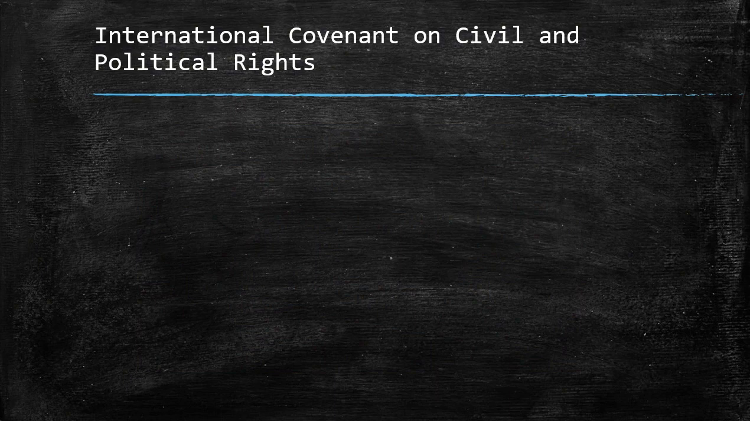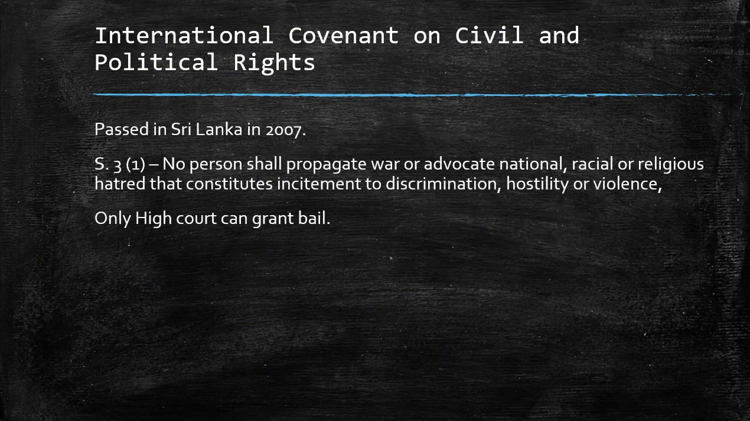So this is one of the laws that was passed in Sri Lanka based on another commitment we took to the ICCPR, which is the International Covenant on Civil and Political Rights. This was passed in 2007, and it safeguards civil and political rights. And 3.1 is something I want you guys to remember, because this is often used by different authorities in prosecuting